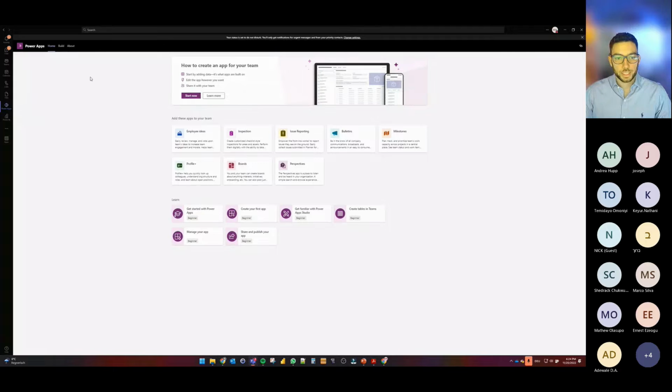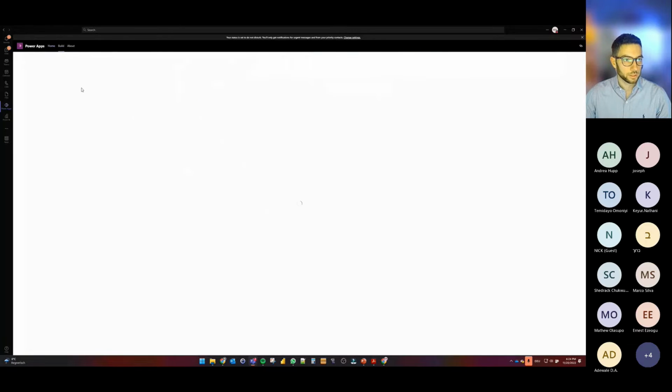As I was saying, from the Home tab, you can start here with pre-built applications. These are templates from Microsoft, and here's a lot for you to go learn about how you can build your applications inside of Microsoft Teams. I'm going to go to the Build tab, and from here,